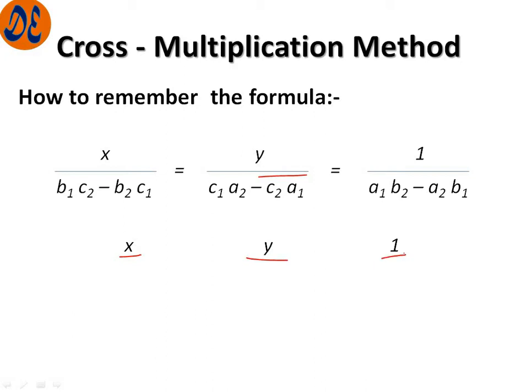So there is no third variable, so we will write 1 here. Again, first we will write the coefficient of y in equation 1 and equation 2, that is b, then we write the c part, then again we write a and then b. Now remember, we are working in the anti-clockwise direction.